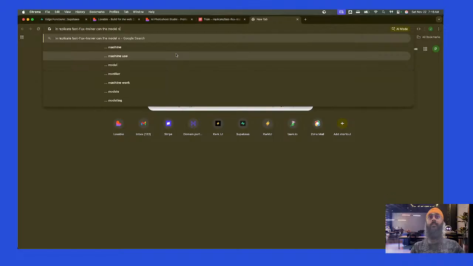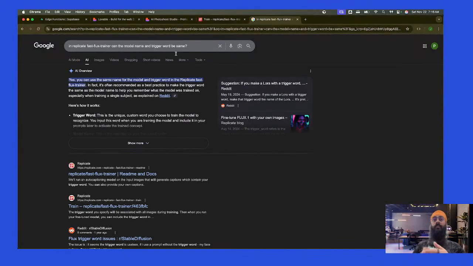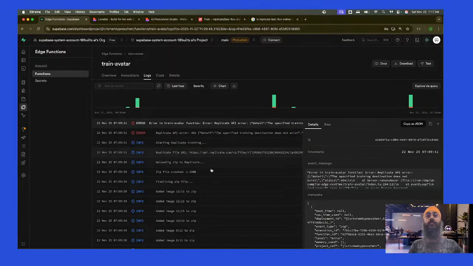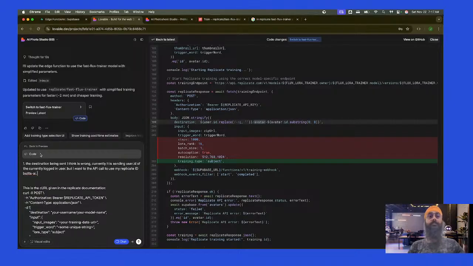Can the model name and trigger word be the same? Yeah, it can be the same. That's fine. We can just get rid of this. Destination is fine. I want to use avatar ID, or we can think of something else later, but